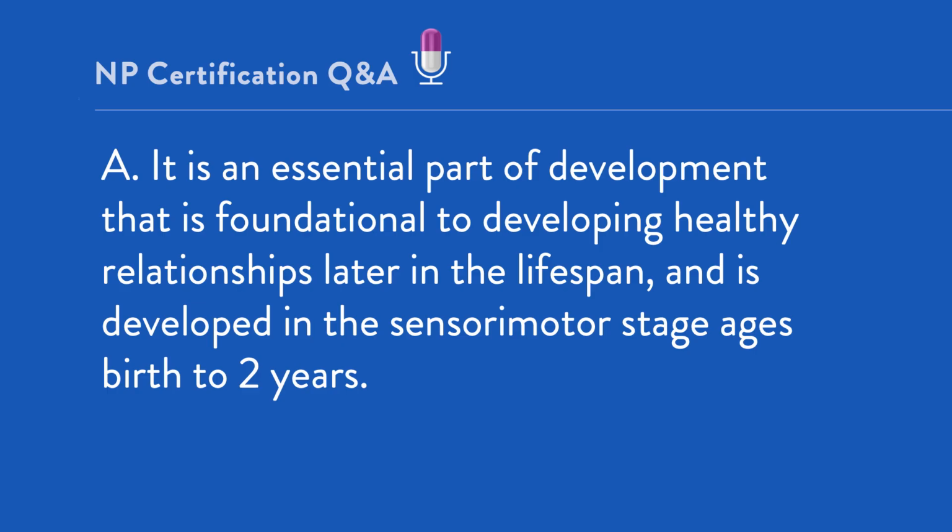And when they can't develop that during the first 2 years of life, when the child is in living conditions where they don't develop a sense of permanence of the caregiver, maybe they are sent from place to place, or unfortunately they live in a circumstance where they can't depend on the caregiver to be meeting their needs, they don't develop this sense of object permanence, and it can be catastrophic in terms of how they develop relationships the rest of the way through the lifespan. So object permanence is a critical cognitive principle, and it's developed in the first 2 years of life.